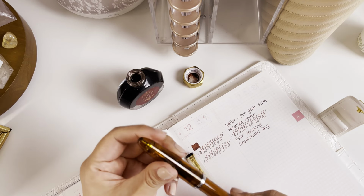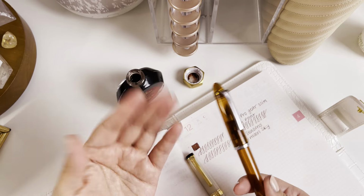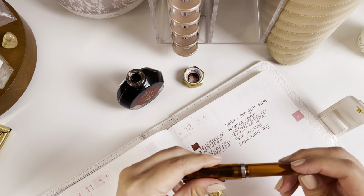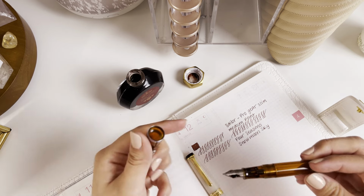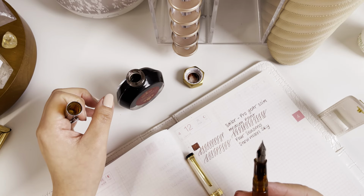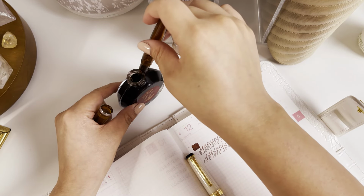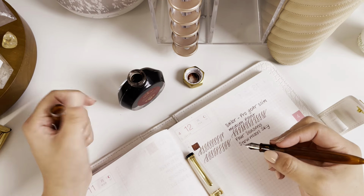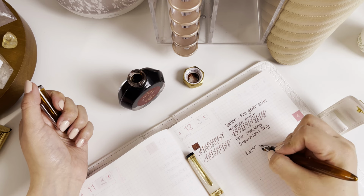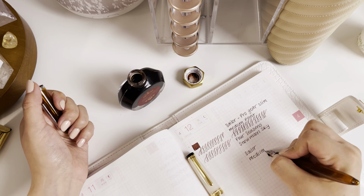So this is another Sailor pen, but it's a lower, I mean, I don't know that much about pens. This I think was maybe $40. So let's see, this one says medium fine versus the Sailor Pro Gear Slim, which says medium. I don't know the name of this one, but this is Sailor, and this says medium fine. It's similar,